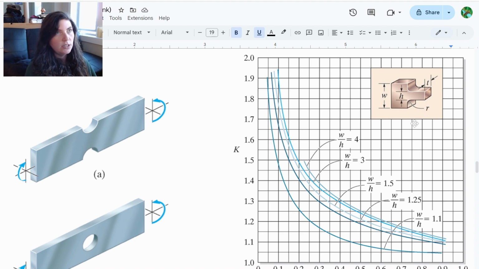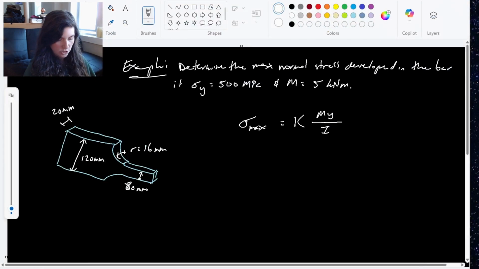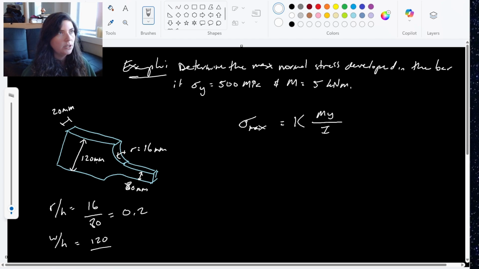So I need W over H and R over H. So for my shape here, R over H, our radius of our fillet is 16, and the height of the skinny portion is 80. So I can plug that into my calculator to get that ratio of 0.2. And then I needed my W over H, so the wider portion is 120 millimeters over the skinnier portion is 80 millimeters, and that gives me